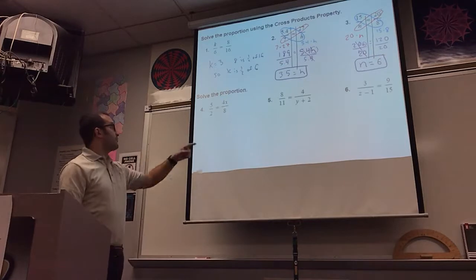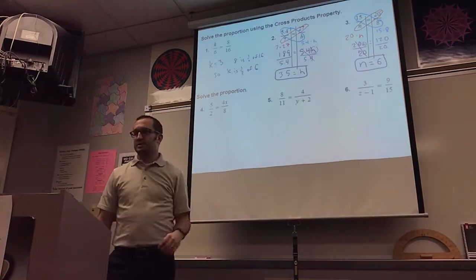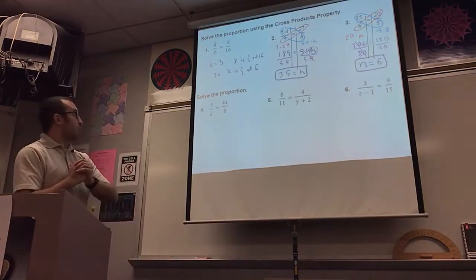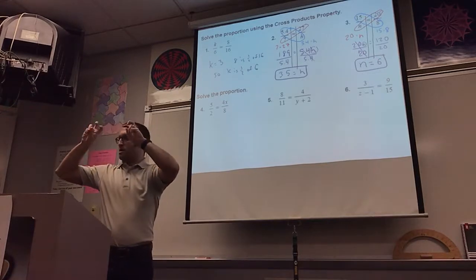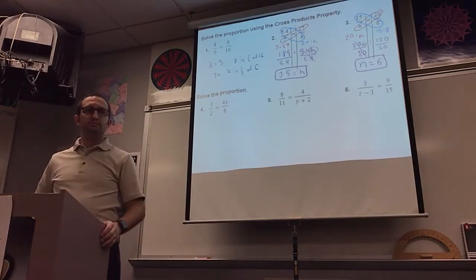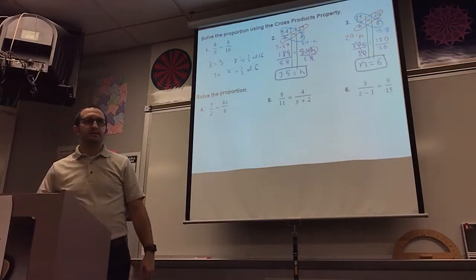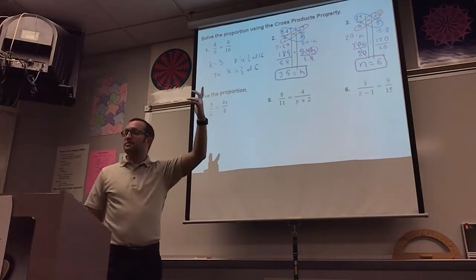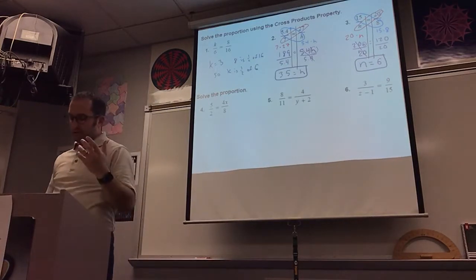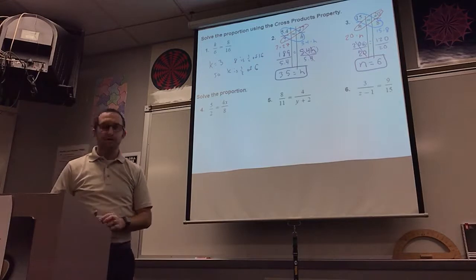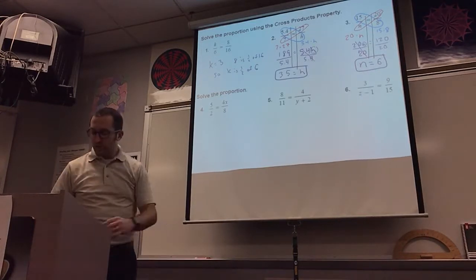Now, we're going to do number 4 together. We'll do number 5 together, and you guys will do 6 independently. Number 4, why is this one a little bit trickier? Yeah, there's going to be 4x. So it means that there's going to be multiple things that we have to look at. Okay? So when we solve this proportion,